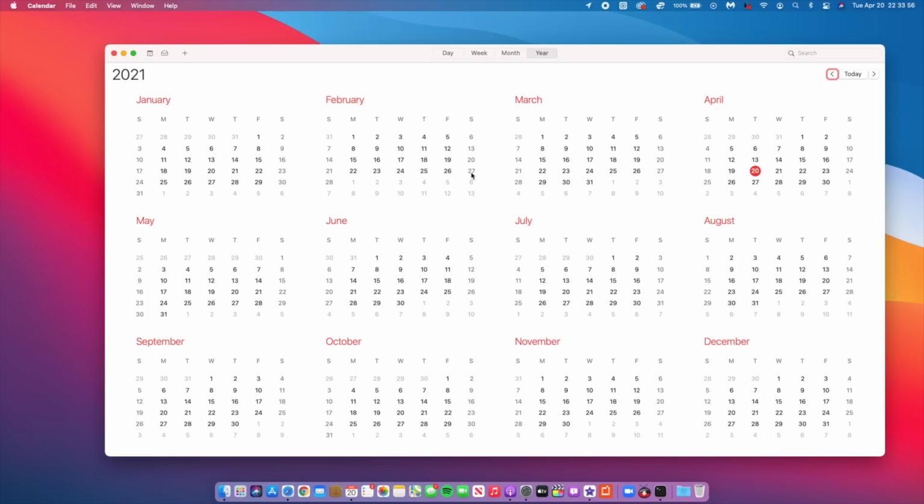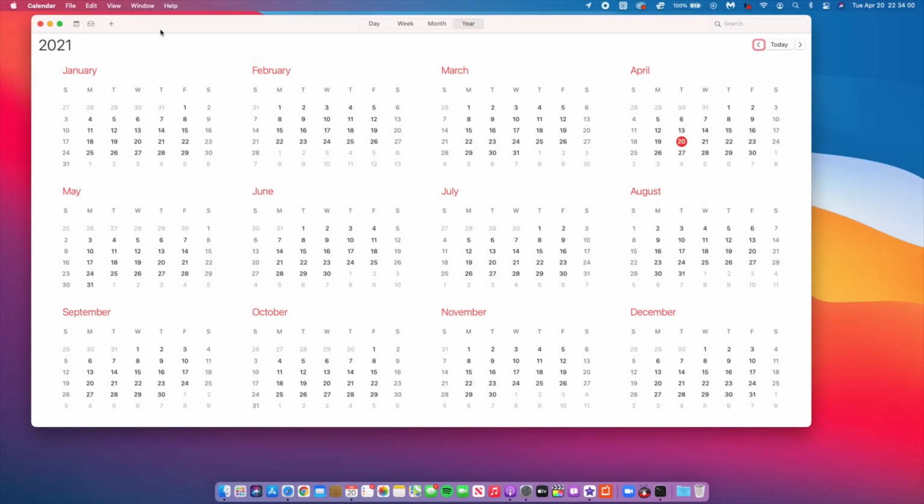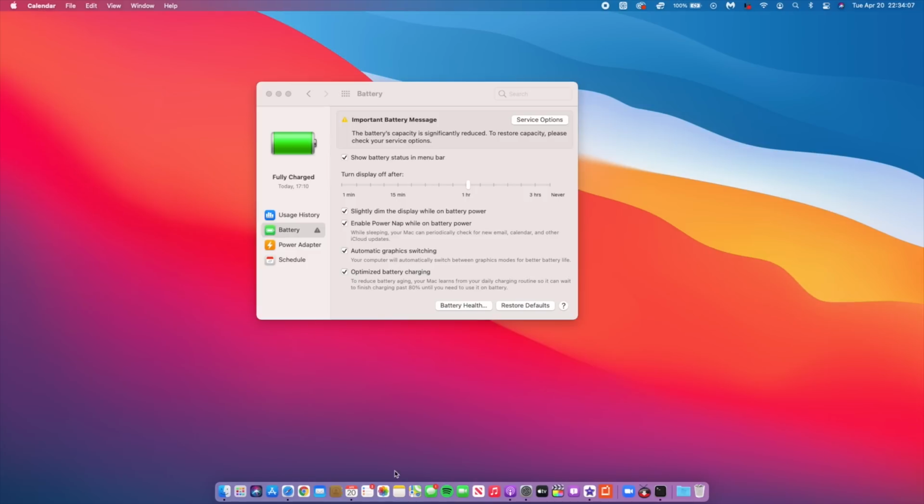So we now have 5 minutes, we have 15 minutes, 30 minutes, and 1 minute. And just in case you want to shuffle things around or move things around, reminders can be moved manually by drag and drop. Now, this is a change, but it's on the sad note, because when it comes to macOS Big Sur 11.3,